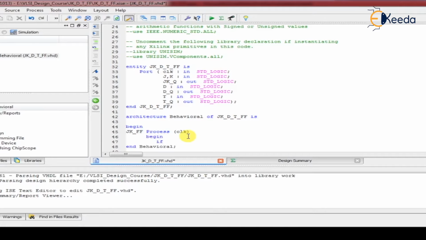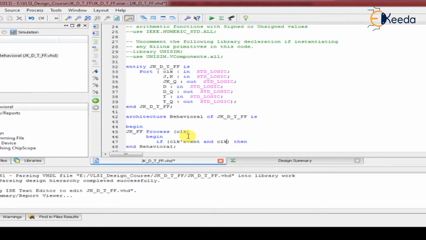Then our if statement comes, if then. First of all, in any flip-flop we have to detect the rising edge of the clock. For that we write if clock tick event. First it detects the event. Event means either a change from 0 to 1 or 1 to 0.